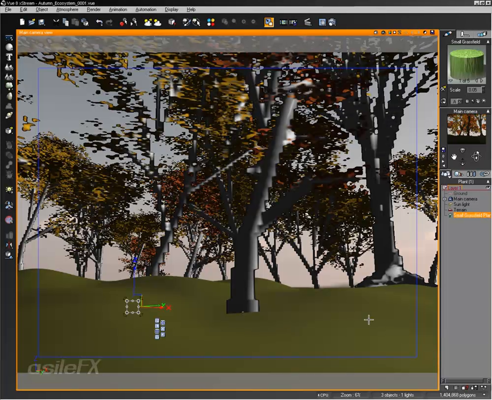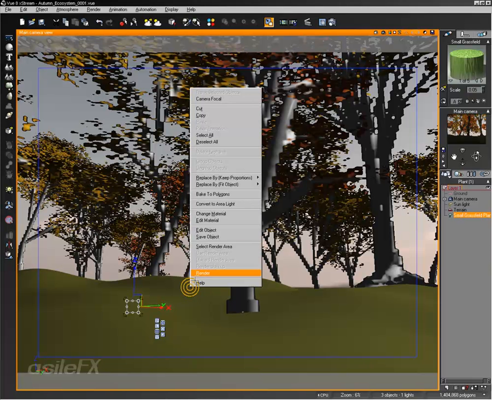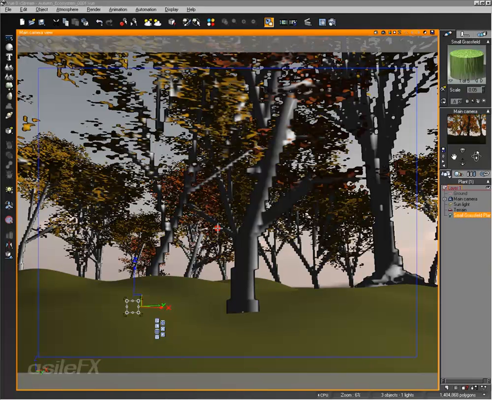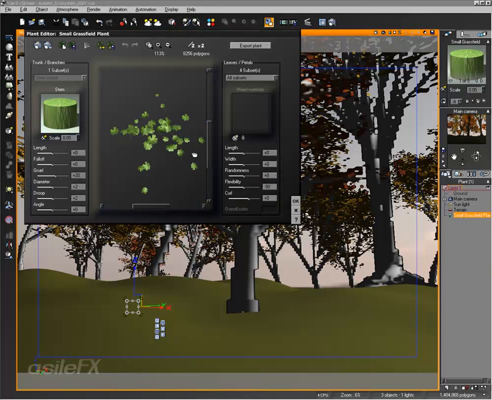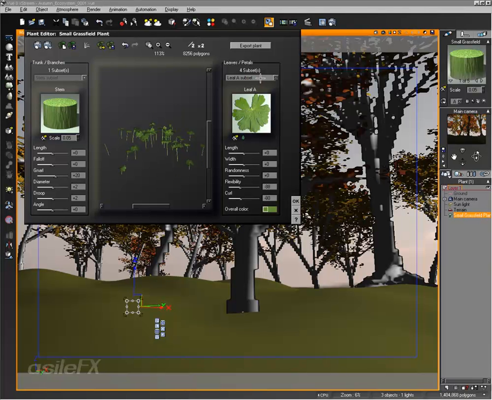And I don't really need to worry about even looking at it in the preview because of the way we're going to be editing it. So we'll just right-click, Edit Object, because it is selected. And we can see we have 4 leaf subsets, A, B, C, and D. And each one has a separate leaf material